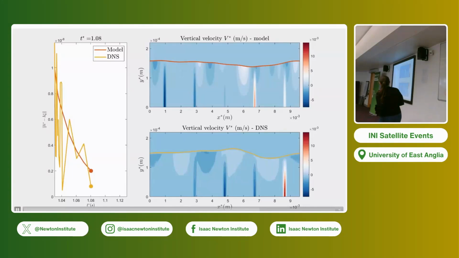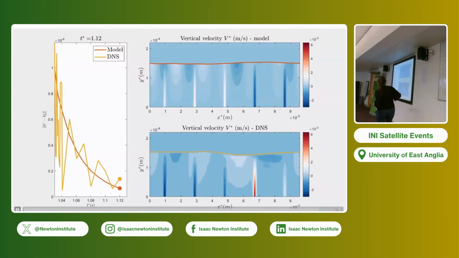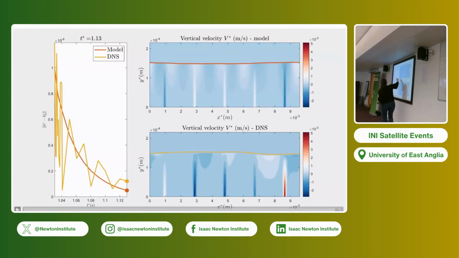So this is a shorter video because otherwise it becomes boring. But what you see is that the model, because all the controls were predicted for the model, decays very nicely. The DNS still decays, but there are all these jumps because there's a model error, and that's what's creating these jumps. But still, after a very short time,